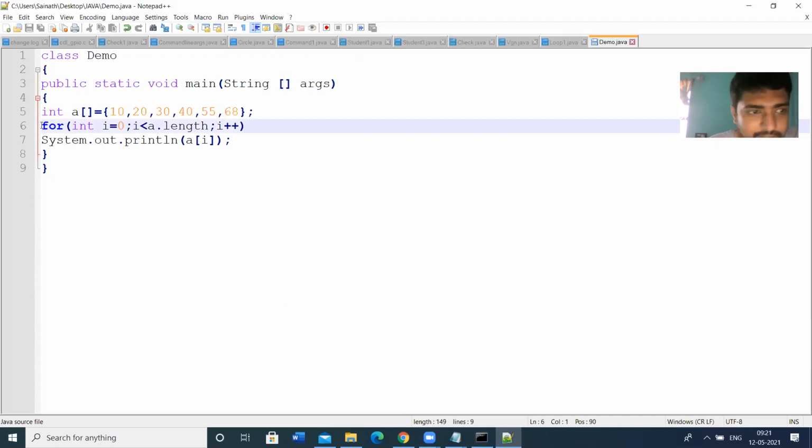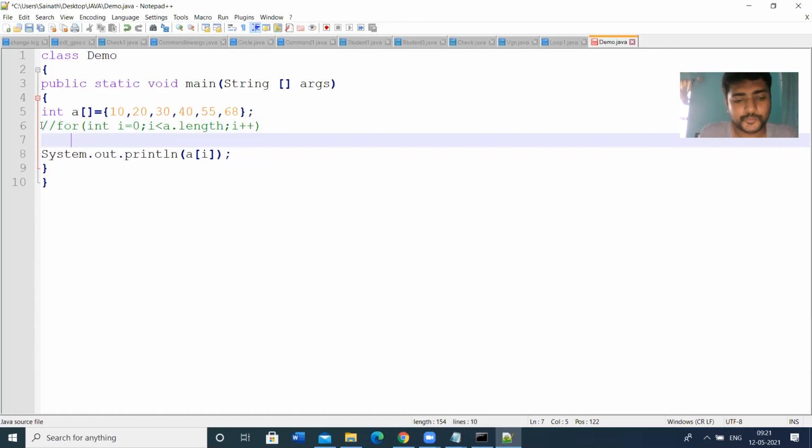Let us comment this one. The syntax of the for each loop is: for int, suppose we take the variable x, then we give the array name. Here the array name is A. That's it.